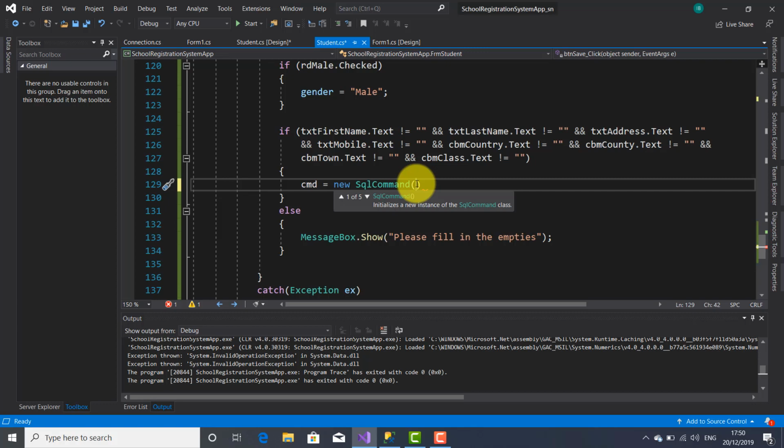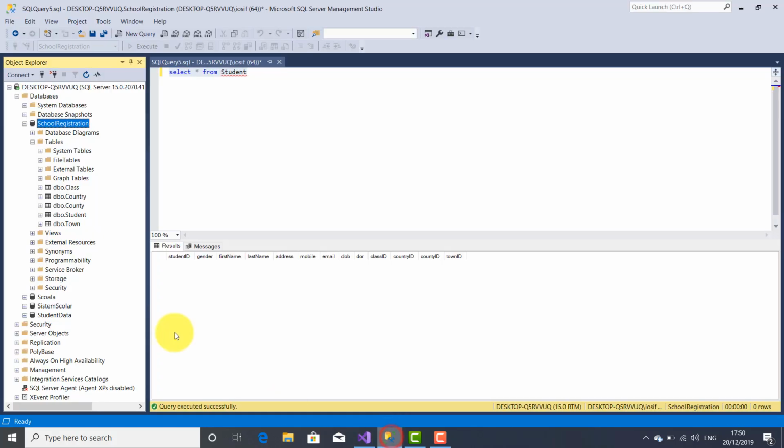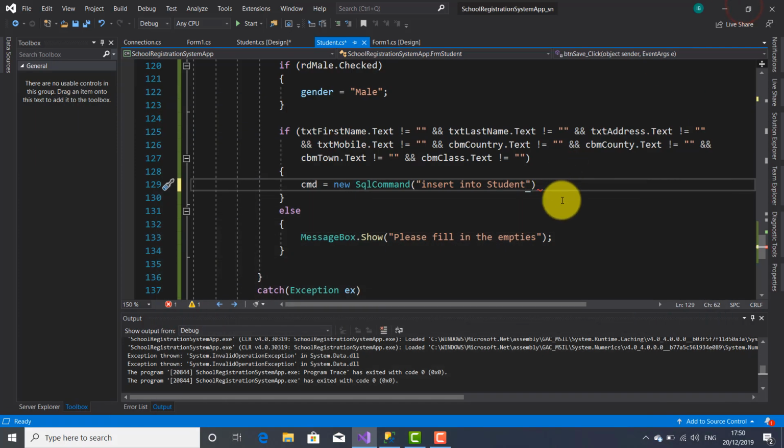Okay, now double quotes, insert into student. Let's check the name of the table. Yeah, student, all right, it's okay. Okay, values, parentheses. All right, simple quotes,